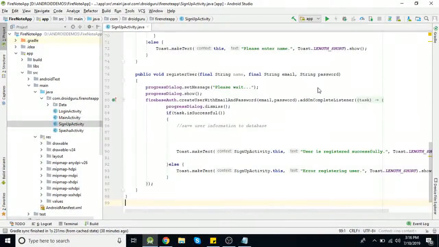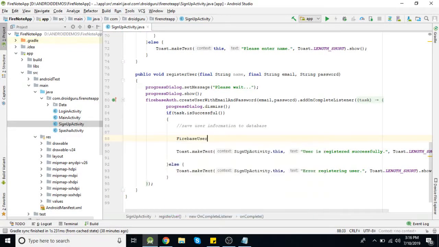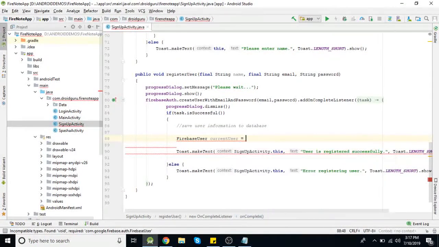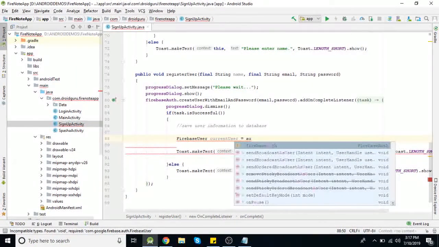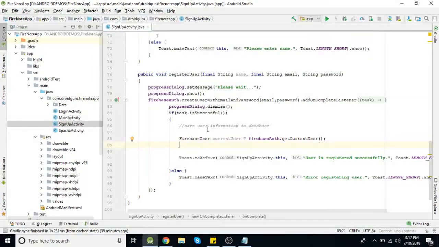You can see here, if the user registration is successful, then you can get the current user from Firebase. So FirebaseUser currentUser equal to FirebaseAuth.getCurrentUser(), and from this object we can get the user id.